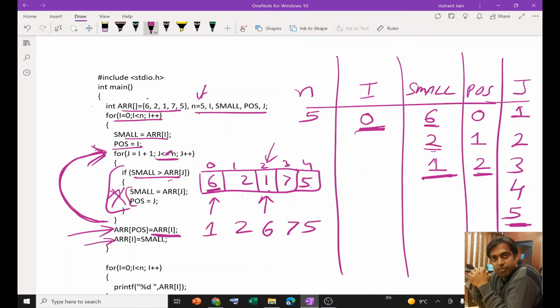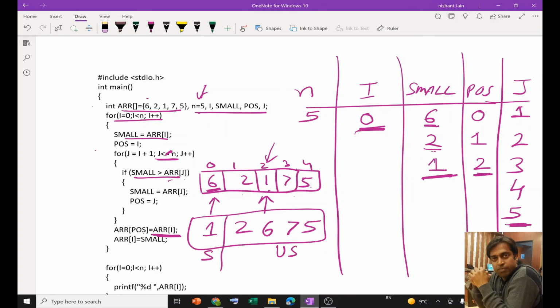So you can see after the first iteration I got this as sorted and this as unsorted, right? And then I will again move to the next value of I, which is 1, and again I will get the value of small equals to array I, which is this 2.